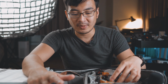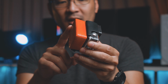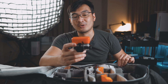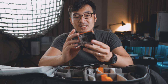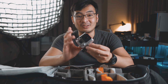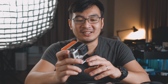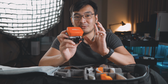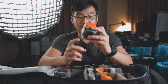Let's start with one of my oldest cameras, the GoPro Hero 3 Plus Silver. It's got this floaty back, which I always bring every time we're going to the beach or going near a body of water. I've used this before without the floaty back, and I actually dropped this GoPro in the ocean one time and I almost lost it. Good thing my friend was able to find it wading through the waters, and since then I bought the floaty back, and this makes sure that the GoPro will float